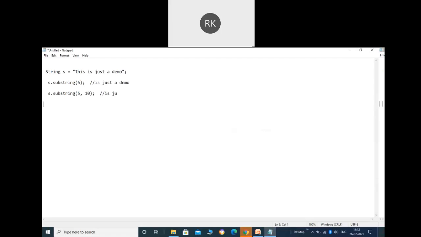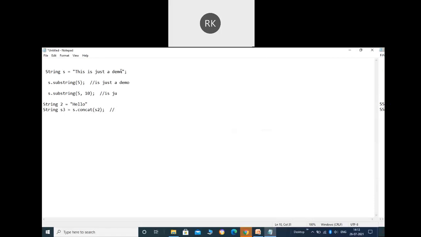So here, let's suppose I'm having a string s2, first let's say hello. In the next line, let's suppose I'm saying string s3 is equal to s plus s2. Sorry, here we are making a concat, not the plus sign. So I can make it s.concat(s2). So what will be the answer of this?